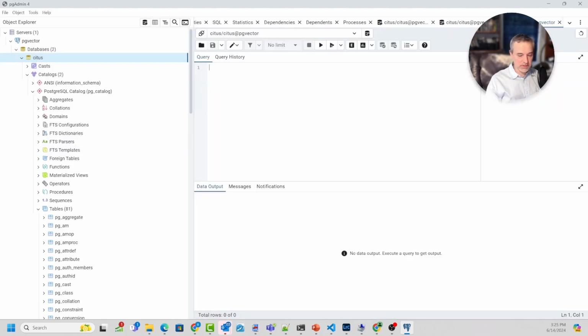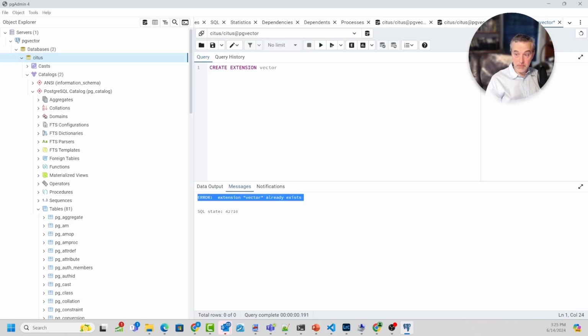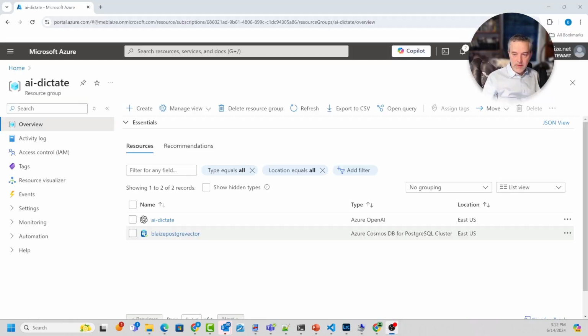And then I'm going to type in a command called create extension. And then you just type in vector like that and run that. I've already enabled this, but I don't need to run it again. Once you run that, you'll enable vector support for your database. So after you've created your database and you've added the vector support for it, now it's time to configure your